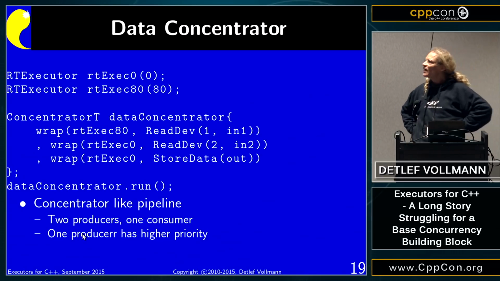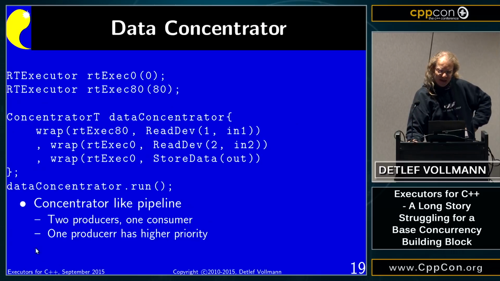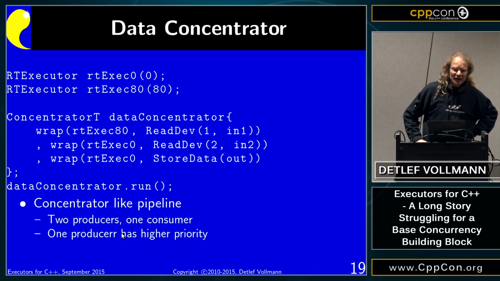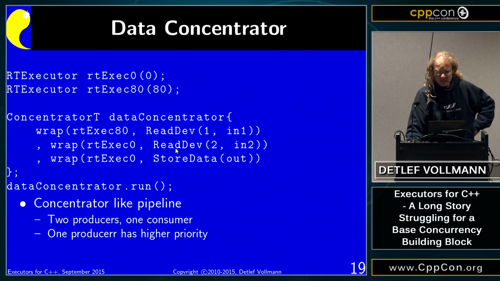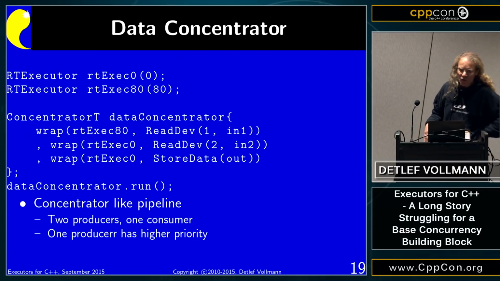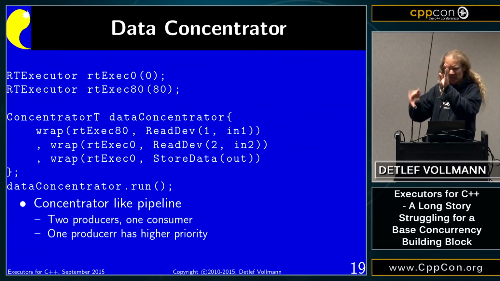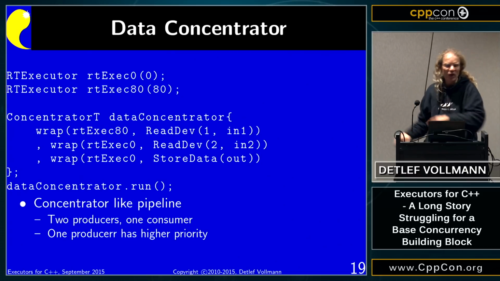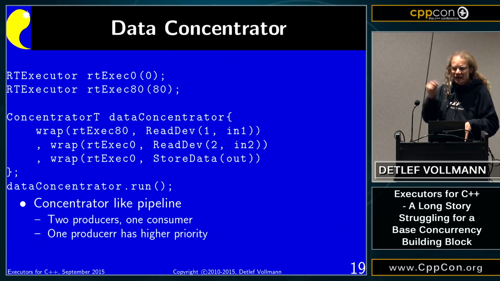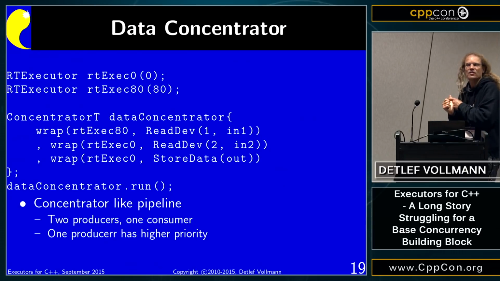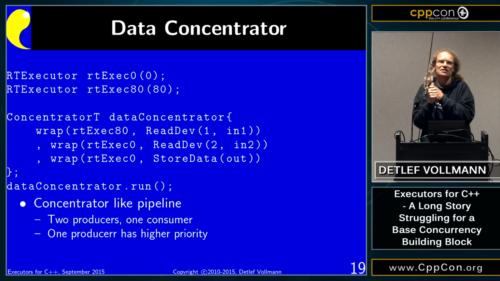So we have something like the pipeline. In this case, it's just the data concentrator, and it has two producers who read data from two different devices, and then we have a consumer that takes all the data, does some calculations on those, and finally reacts on that one or stores it somewhere or whatever. The main point here is you have two producers that read from external devices, and one of those devices doesn't really have an internal buffer,